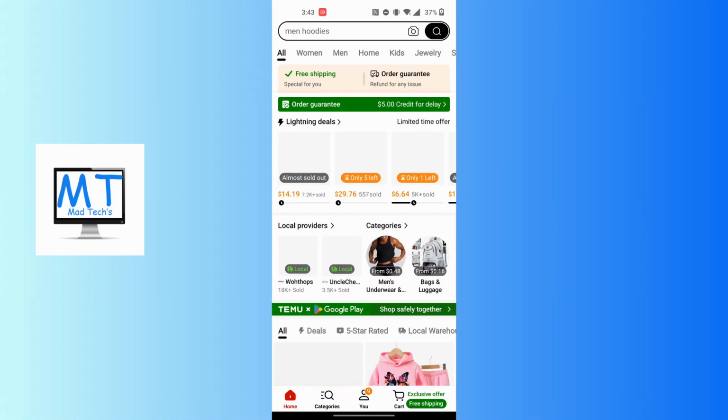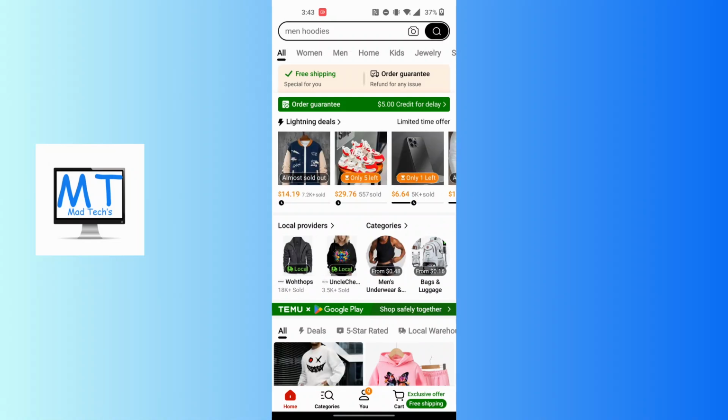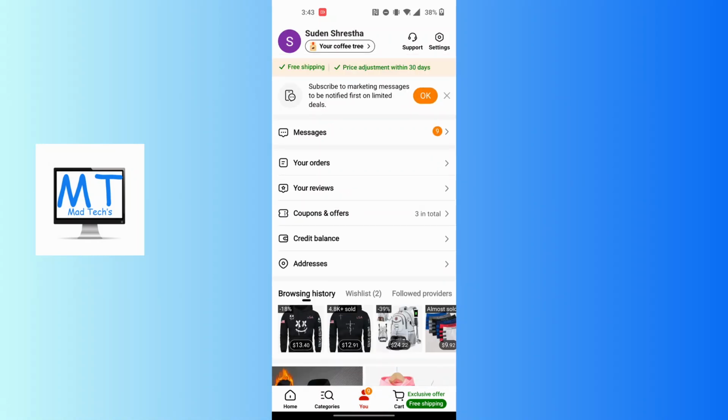And after opening your Temu app guys, on this interface at the bottom of the screen, you can see the U button available for us just beside the categories. Tap on the U button at the bottom middle section of the screen, and you land on this interface where